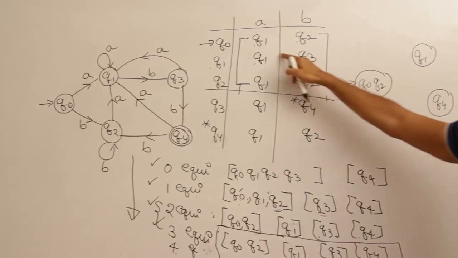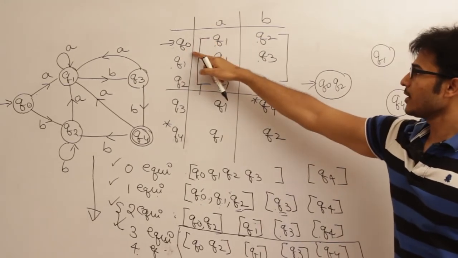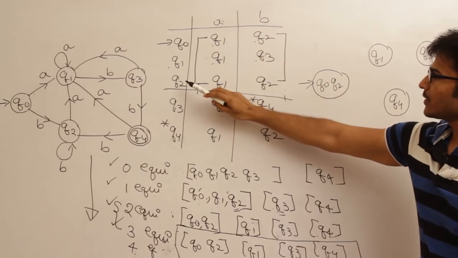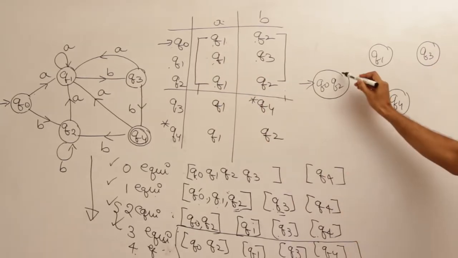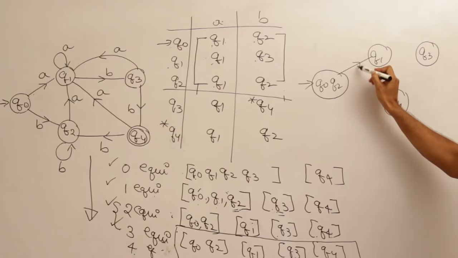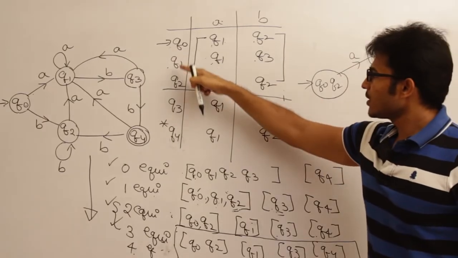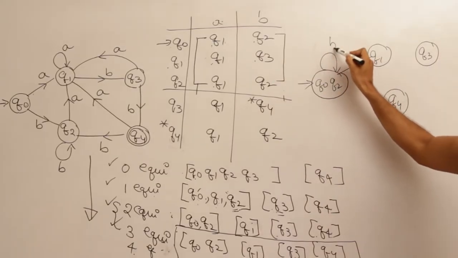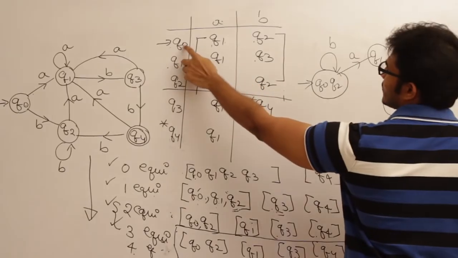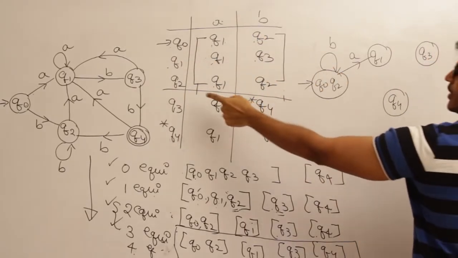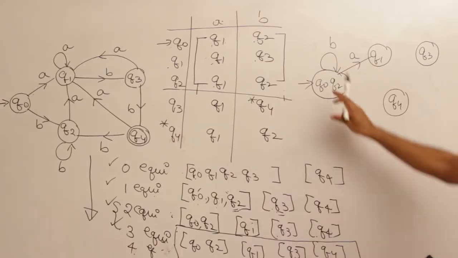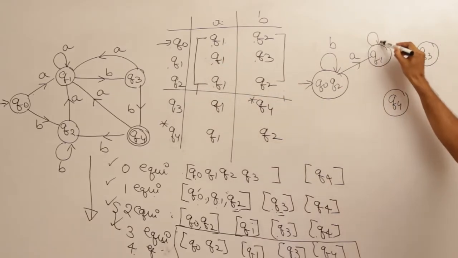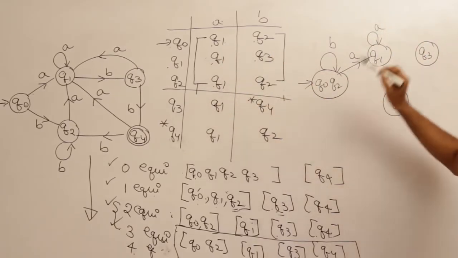Okay, now look at this. Q0 on A is going to Q1, and Q2 on A is also going to Q1. Therefore, Q0 or Q2 on A is going to Q1. Now, Q0 or Q2 on B is going to Q2 only. So on B, Q0 is going to Q2 and Q2 is going to Q2, therefore that is it, just B. Next one, Q1 is going to Q1 on A